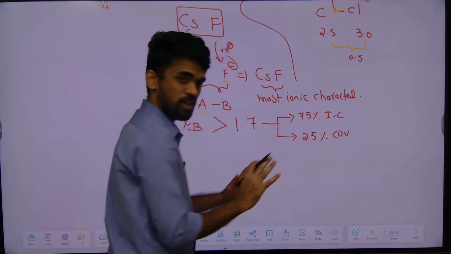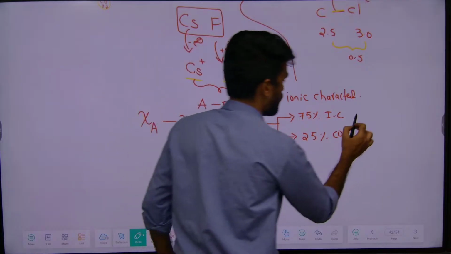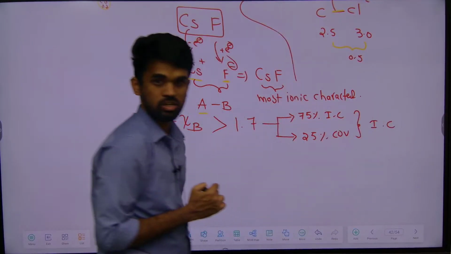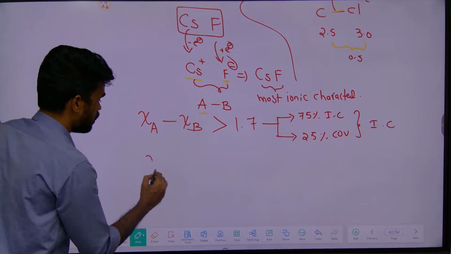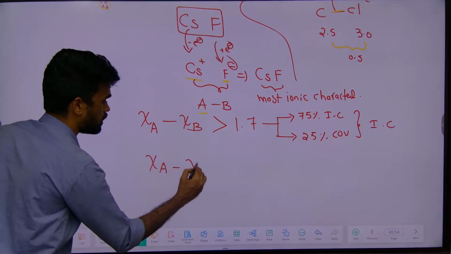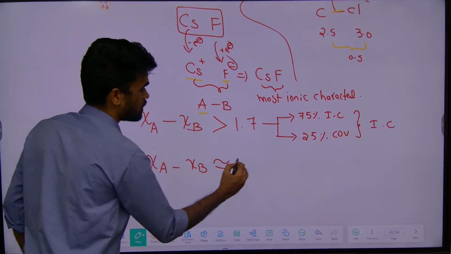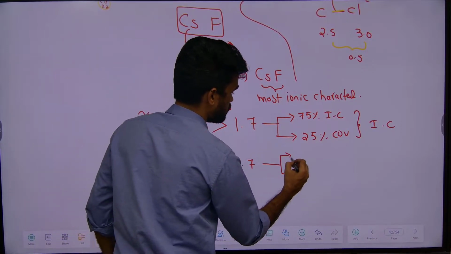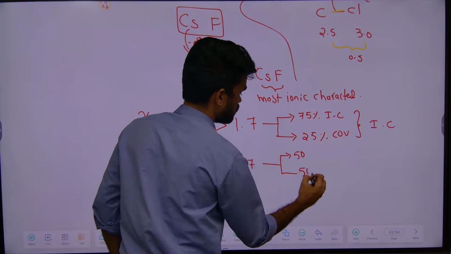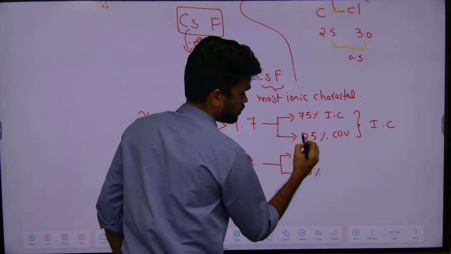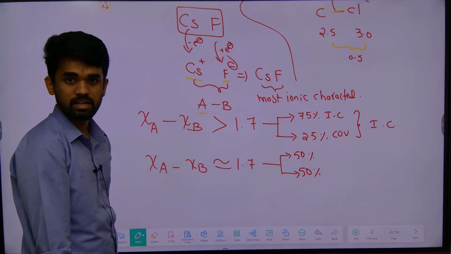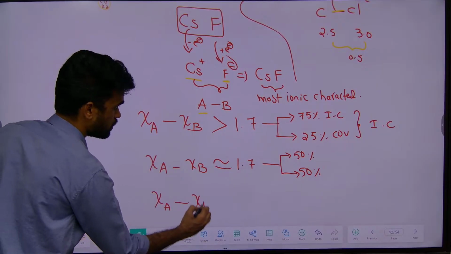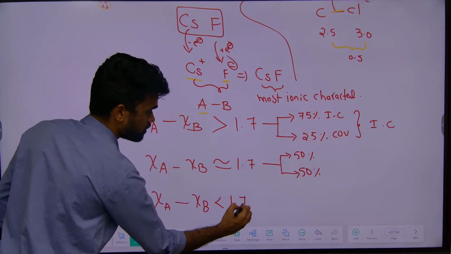These are rough values, not exact, for understanding purpose. So I can say this compound is ionic in nature. Now if the electronegativity difference of AB equals 1.7, this will be 50-50: 50% covalent, 50% ionic. Next, if the electronegativity difference of A and B is less than 1.7,